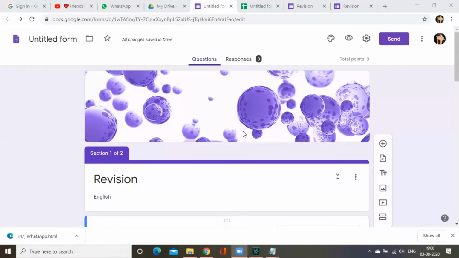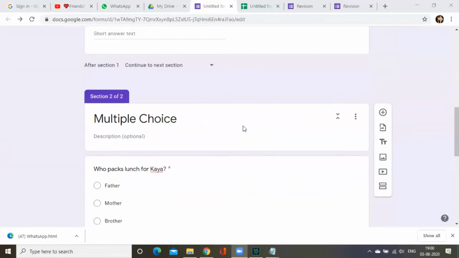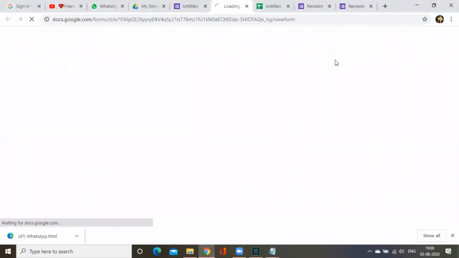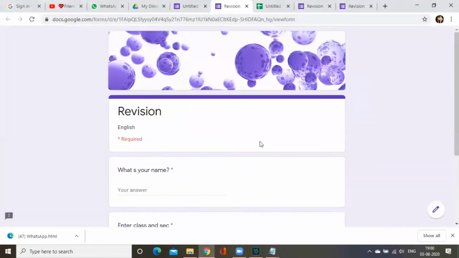Okay teachers, after doing this, you can just make a sample paper once again and preview. You can go and preview and try to do the corrections, like try to check with the answers, so that you will be able to understand if you have done any mistake.